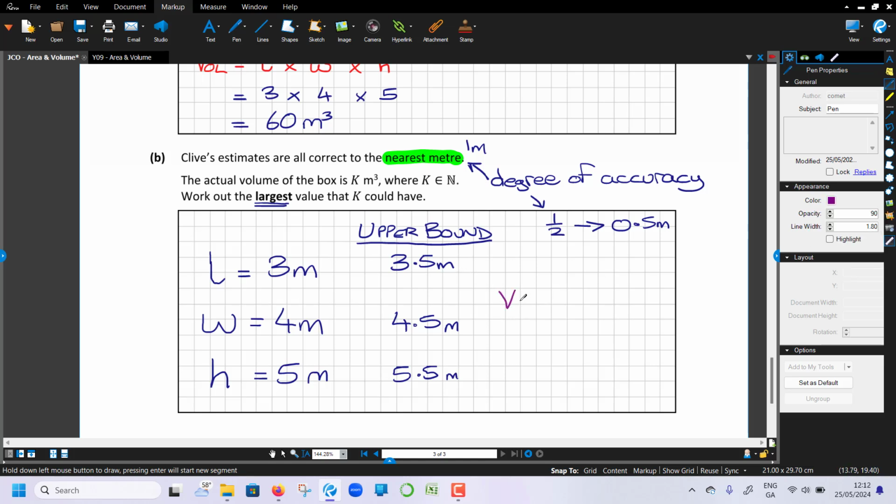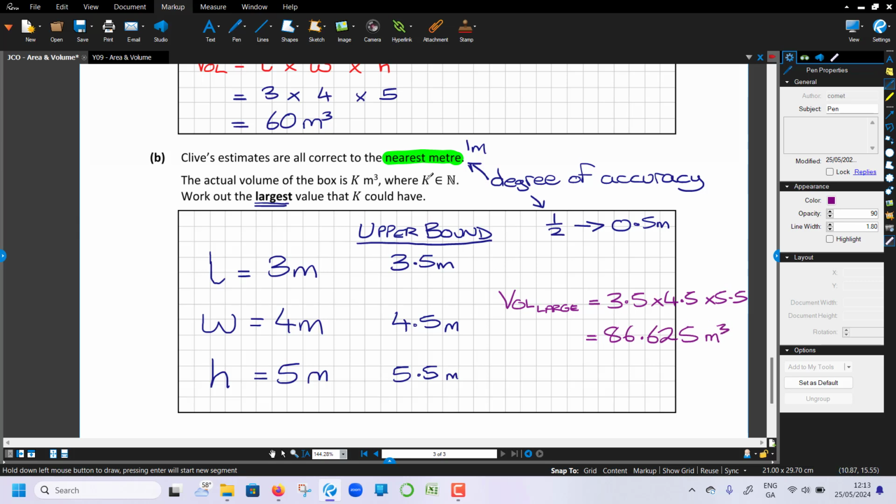The largest volume, what I call it large, put a subscript large. The largest volume is 3.5 times 4.5 times 5.5. All right, so you just throw that into your calculator. You should get something like 86.625. Wow, that's quite a big difference from 60. So that equals 86.625